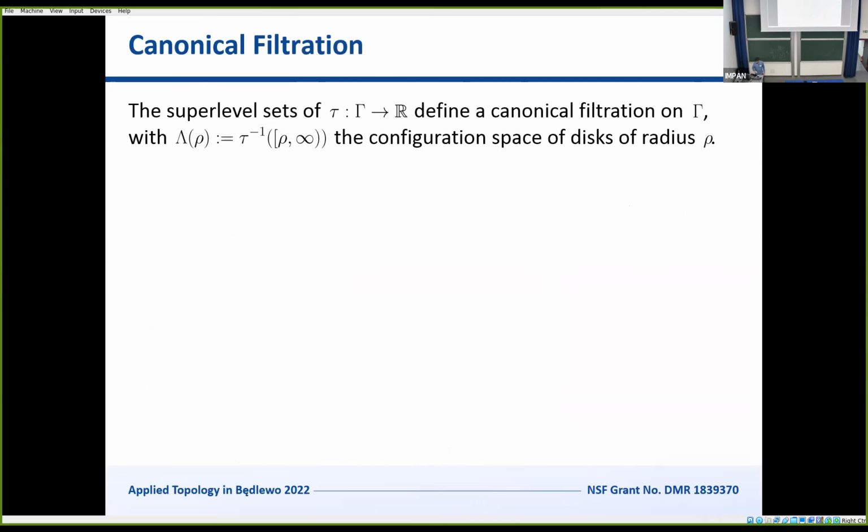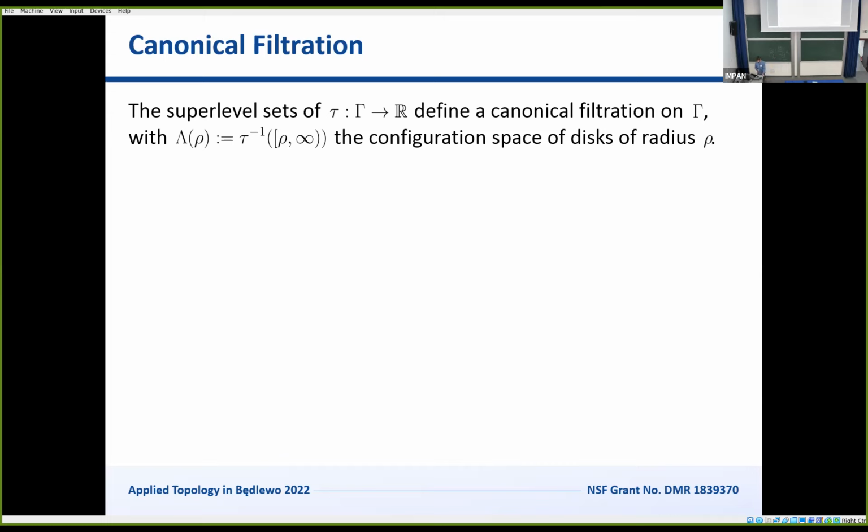So we have this topological function tau. It's a min type function, right? So tau is actually the minimum of the pairwise separations of every pair of disks. So it's smooth in many places, it's flat. You know, the derivative is constant on some areas, and then it's non-differentiable in others, where we switch from one piece of the minimum to the next, right? So it's not a Morse function in the classical sense, right? It's non-differentiable,